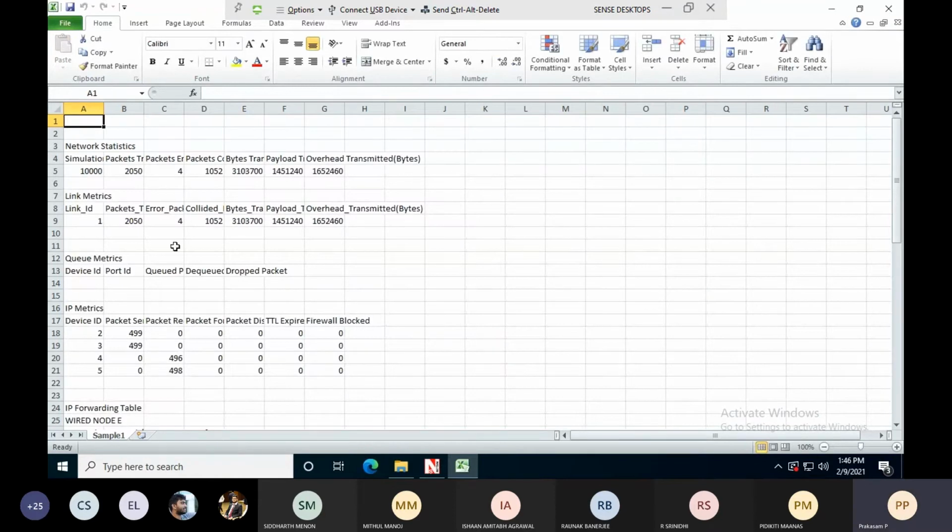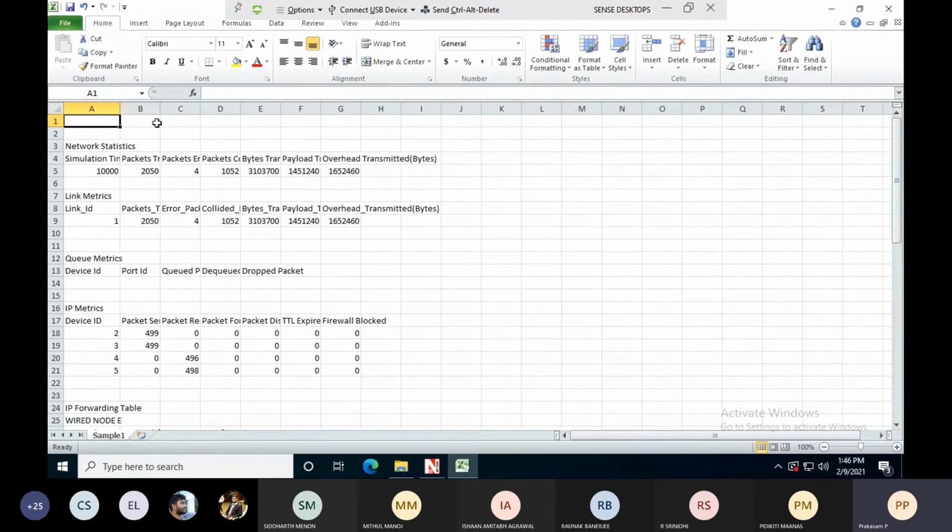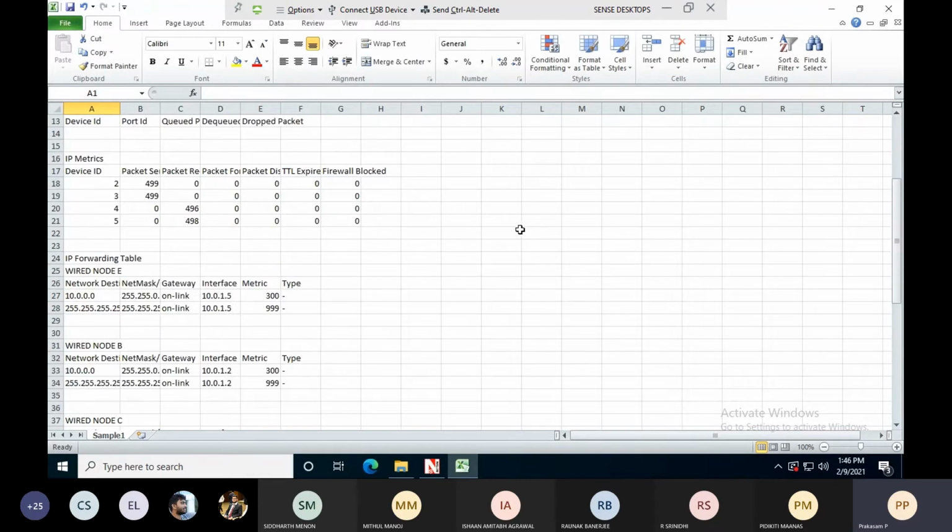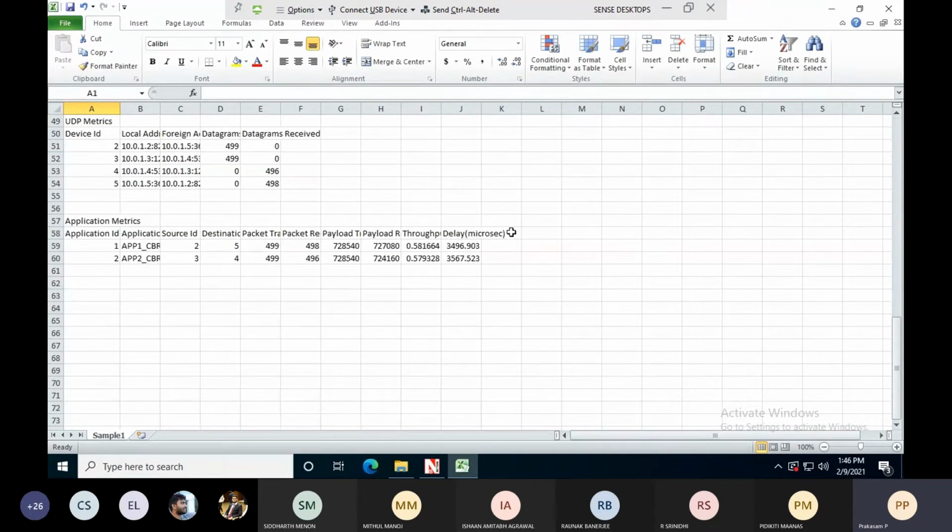If you see here the simulation time, the packets transmitted, error packets, packet collided, all these things you are able to view here. If you scroll down, at the last you can see throughput.